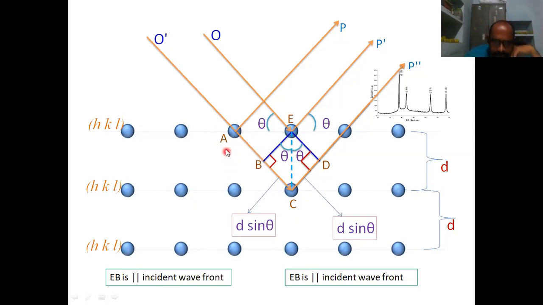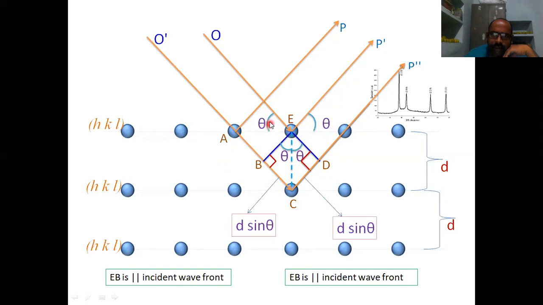So these are the planes we are observing here. It is the plane, and it is the glancing angle of the incident ray. It is the glancing angle of the reflected ray, and here it is another ray. So it is the reflection from the top plane, and it is from the adjacent plane below the top plane. So here also the reflection has occurred. Now we are seeing this.